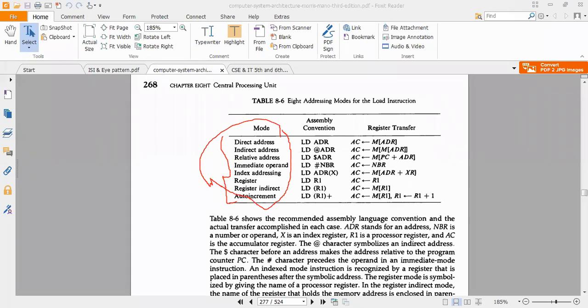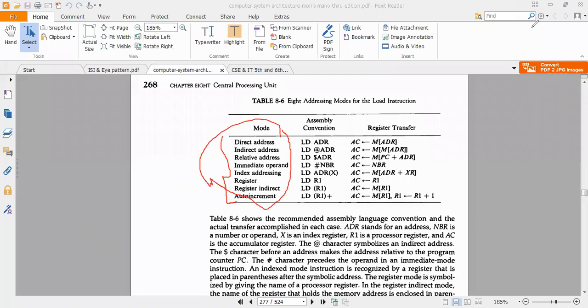Load is a kind of data transfer instruction, and we have studied different addressing modes, almost 8 types. So how do these addressing modes involve the load instruction? I've taken that example. In the same way, you can also use the store instruction. So direct addressing.